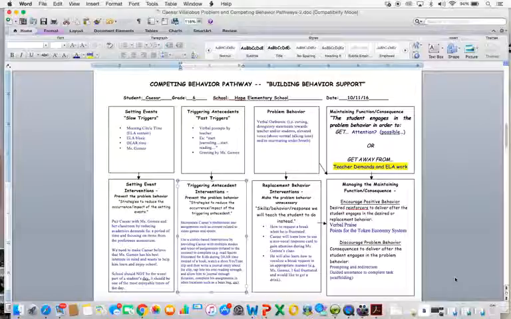So we need to make sure to check with him frequently to see how he's doing, provide frequent verbal praise, and then make sure to prompt and provide the extra assistance that he needs. This means that we have to be on a heightened awareness of what's going on in the classroom and what his needs are. Now, once we've filled out this type of sheet, we're able to move in and fill out